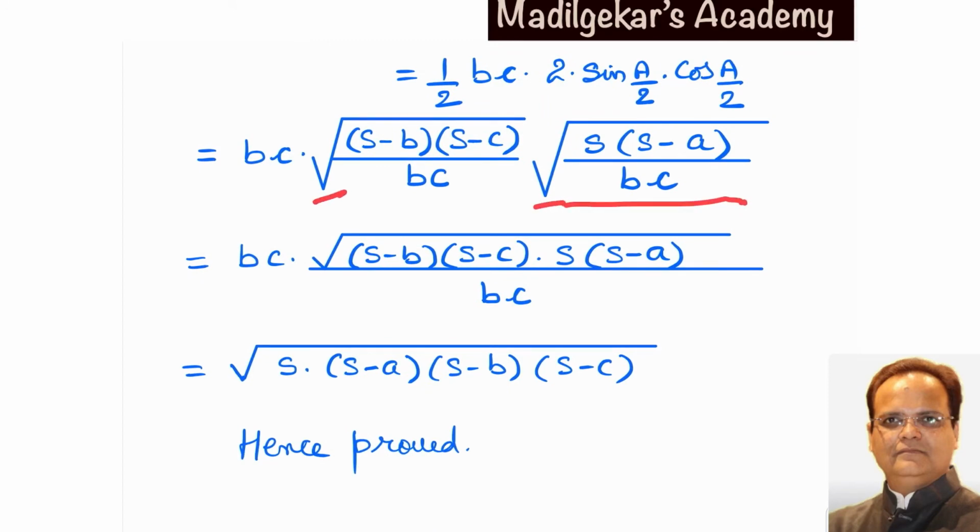Combining both the square roots, as bc in both are the same and are in product, it will be bc. In the numerator, we have (s minus b)(s minus c), s into (s minus a). bc gets cancelled. So we remain with square root of s into (s minus a)(s minus b)(s minus c). So this proves that area of triangle is under root s into (s minus a)(s minus b)(s minus c). Next,